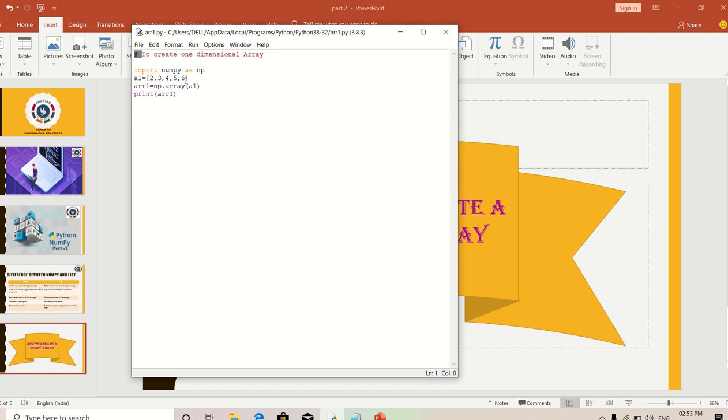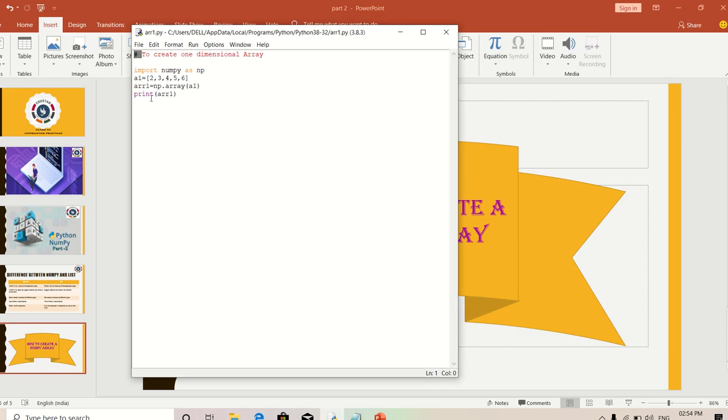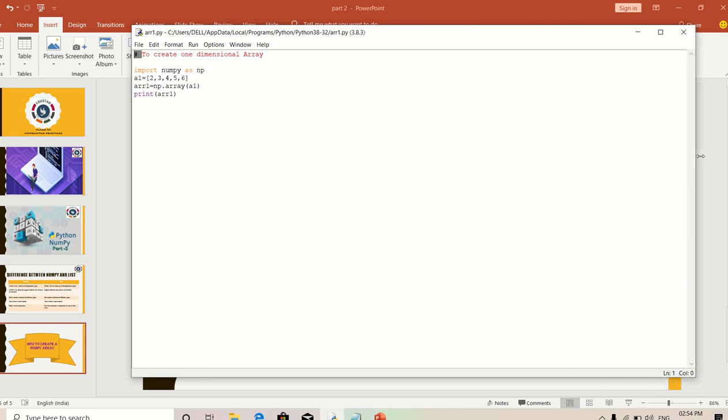Then I am going to declare a variable value, and my variable name is a1 equal to 2, 3, 4, 5, 6. I am going to use these different values.